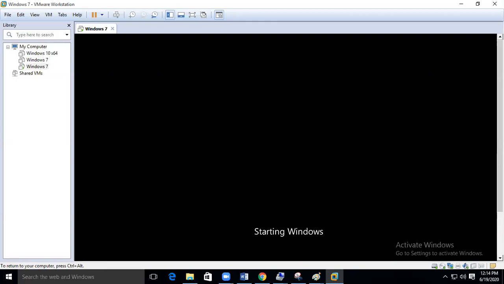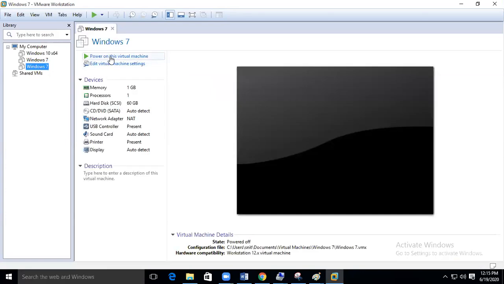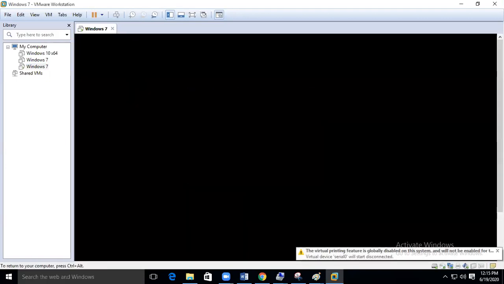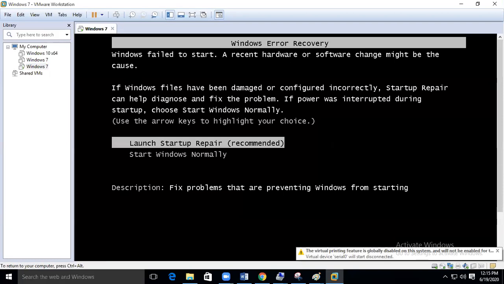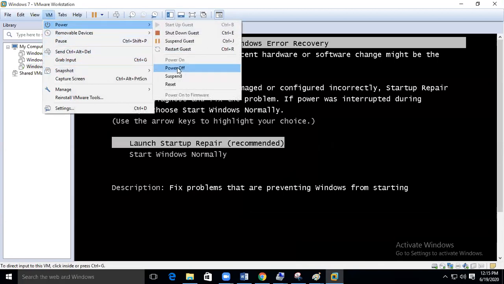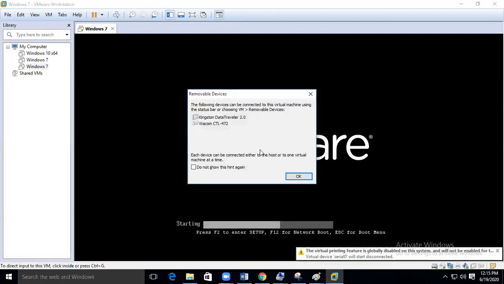Instead of this, what I'm doing, I don't want this Windows 7 on my computer. I'll power off and I will start it. Normally in VMware, I'm starting like this, but here with your pen drive, you will start it. You'll click inside and you'll press F2. Normally it will be very fast, right? So it will restart, click inside and use your mouse.